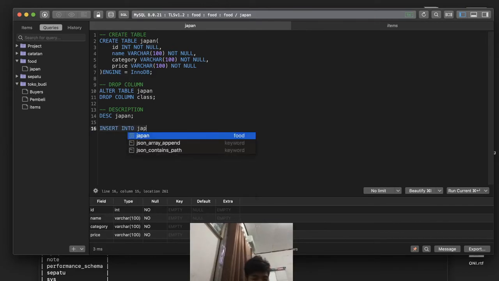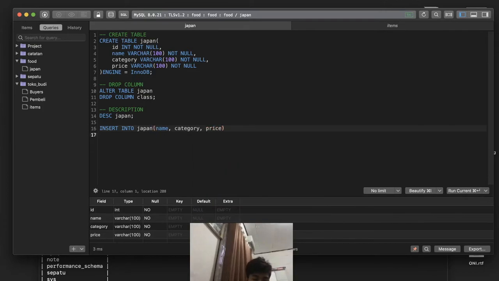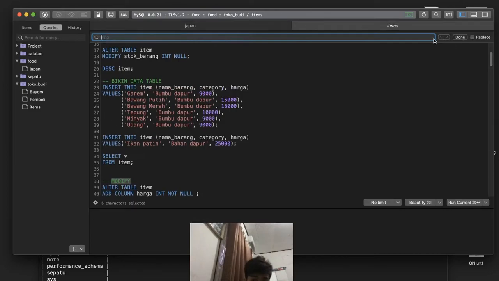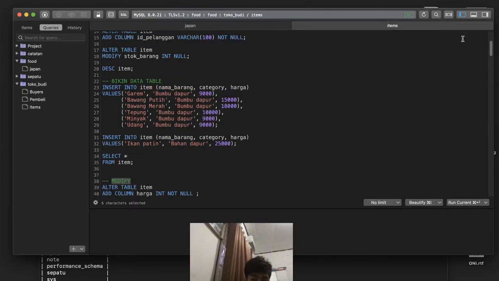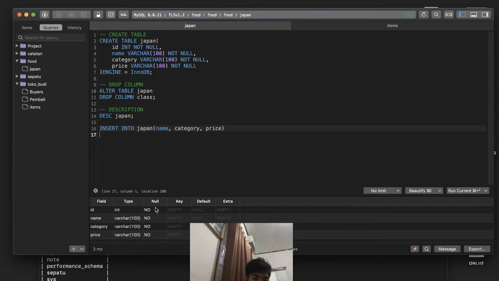Into Japan, so you can write the name, category, price, like this, and you can insert into, and you can write values, what you want to put as values. You want values like this one. Okay, you can just write values, what the values are, like that,